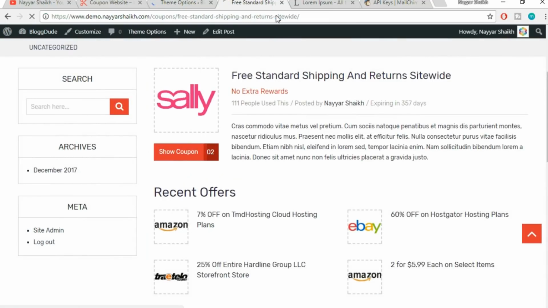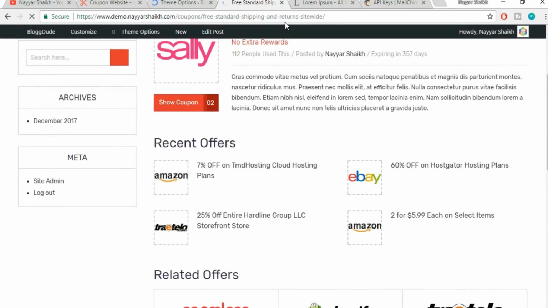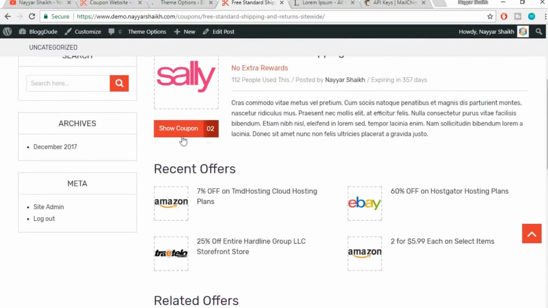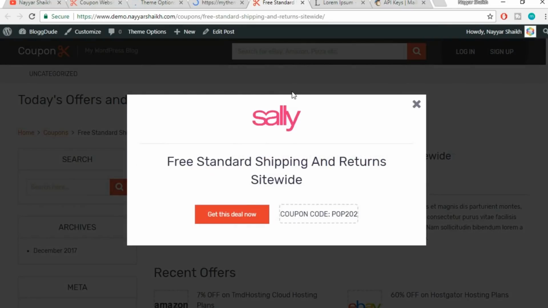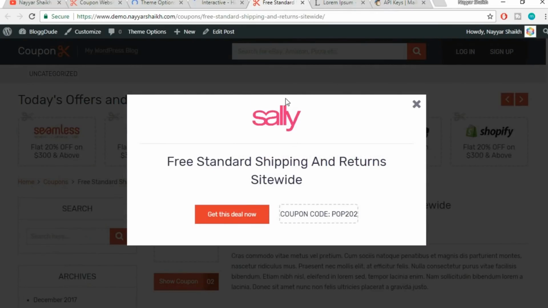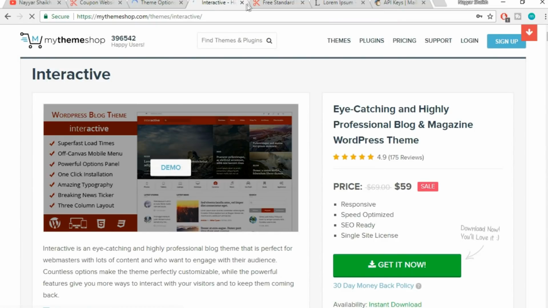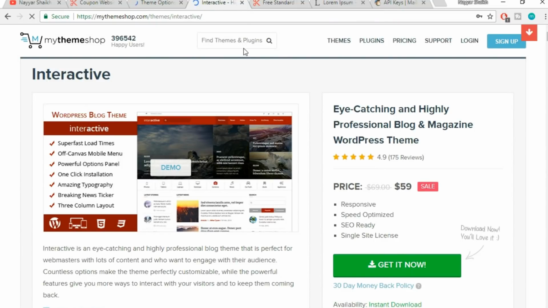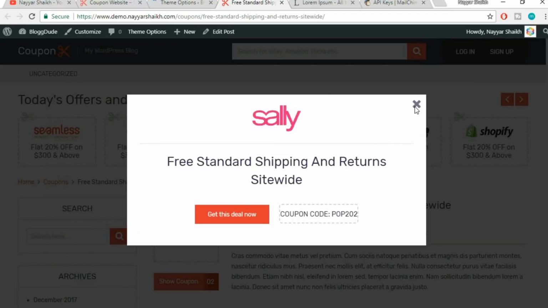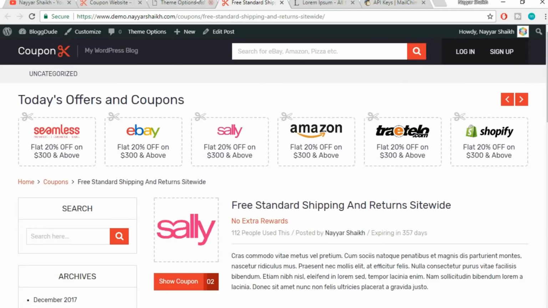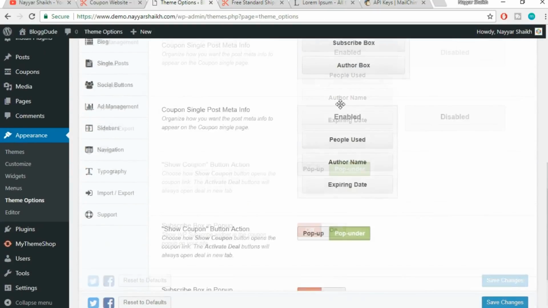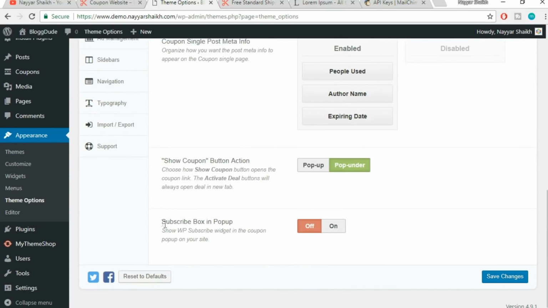Let's refresh this website again. Now again, let's click on this button. Okay, as you can see, now what happened is we opened a new tab, but that page is open in the background, and we are on this page. So this is also very helpful. Both things are almost the same. Now you can close this, and we should have one more option. Yeah, this is the one,